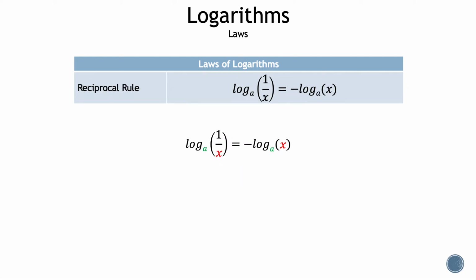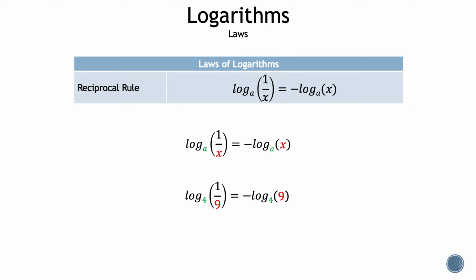Now let's take a look at the reciprocal rule, which states the log of 1 over x to base a is equal to the negative of the log of x to base a. Now let's go ahead and put some numbers in to see what we're dealing with. And now we have the log of 1/9 to base 4. Now we're going to write down the negative and the multiplication inverse of 1/9, which is 9. And now we have the log of 1/9 to base 4 is equal to the negative of the log of